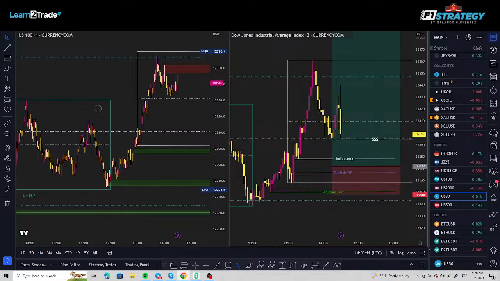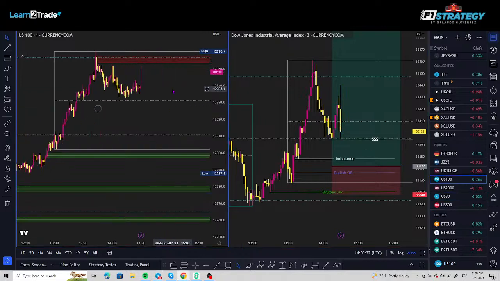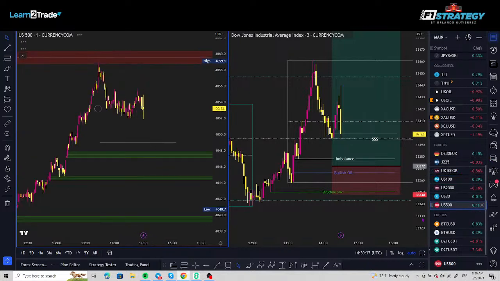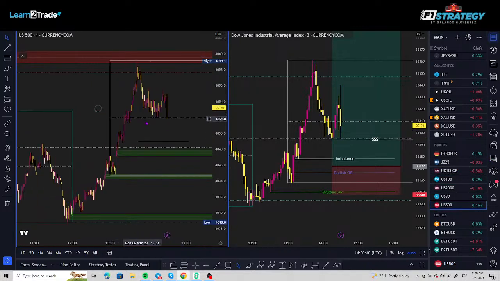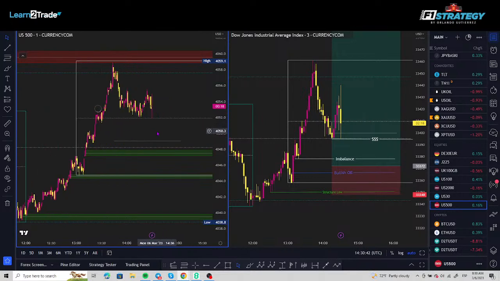Liquidity sweep, come on, fill us in, baby. Oh shit, I need to send this to my VIPs, hold on. Liquidity, what the hell? The S&P 500 is strong. No, the Nasdaq is strong. S&P 500, let's have a look. S&P 500 is going to sweep those lows again. If I don't get filled on my Dow, I'm going to go with the liquidity sweep on the S&P 500